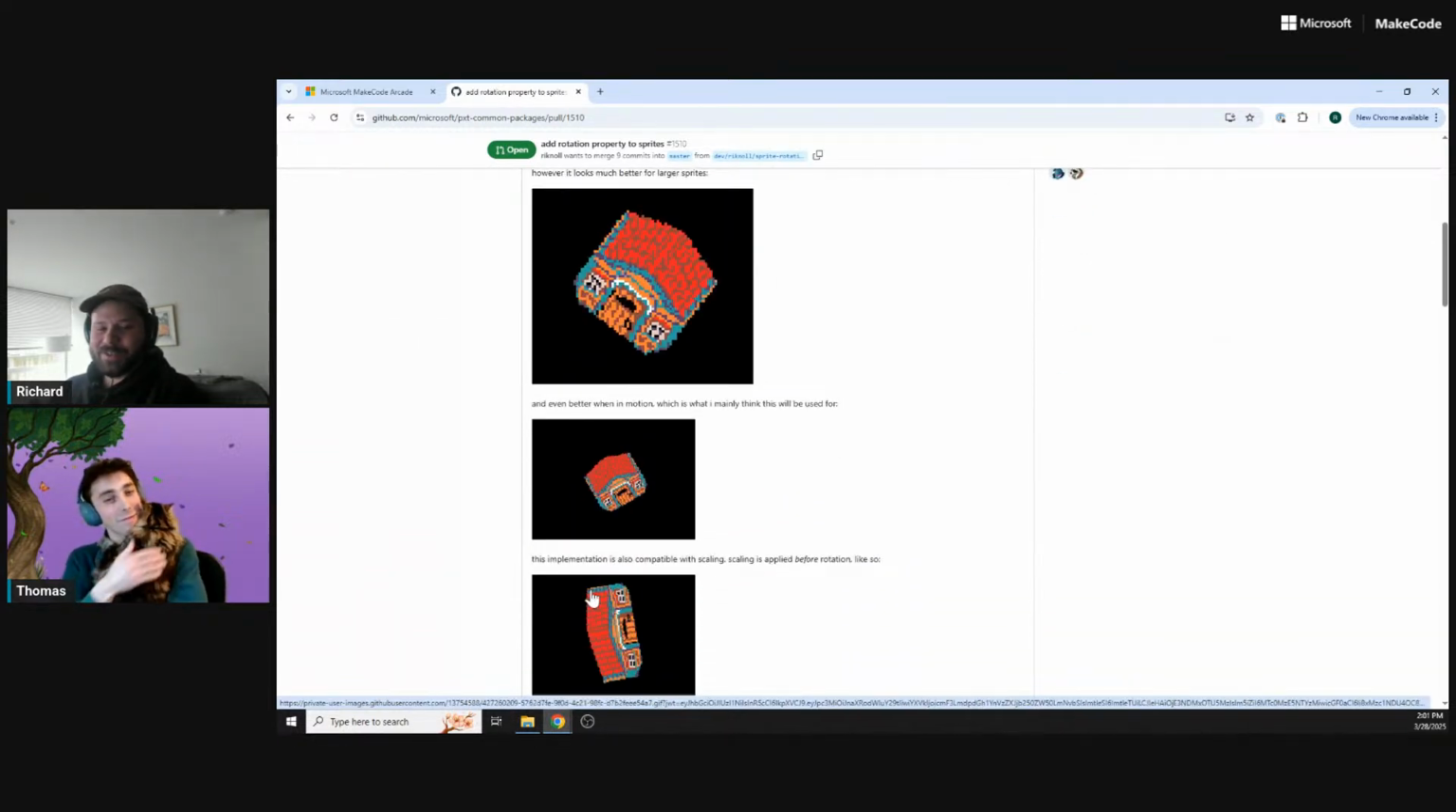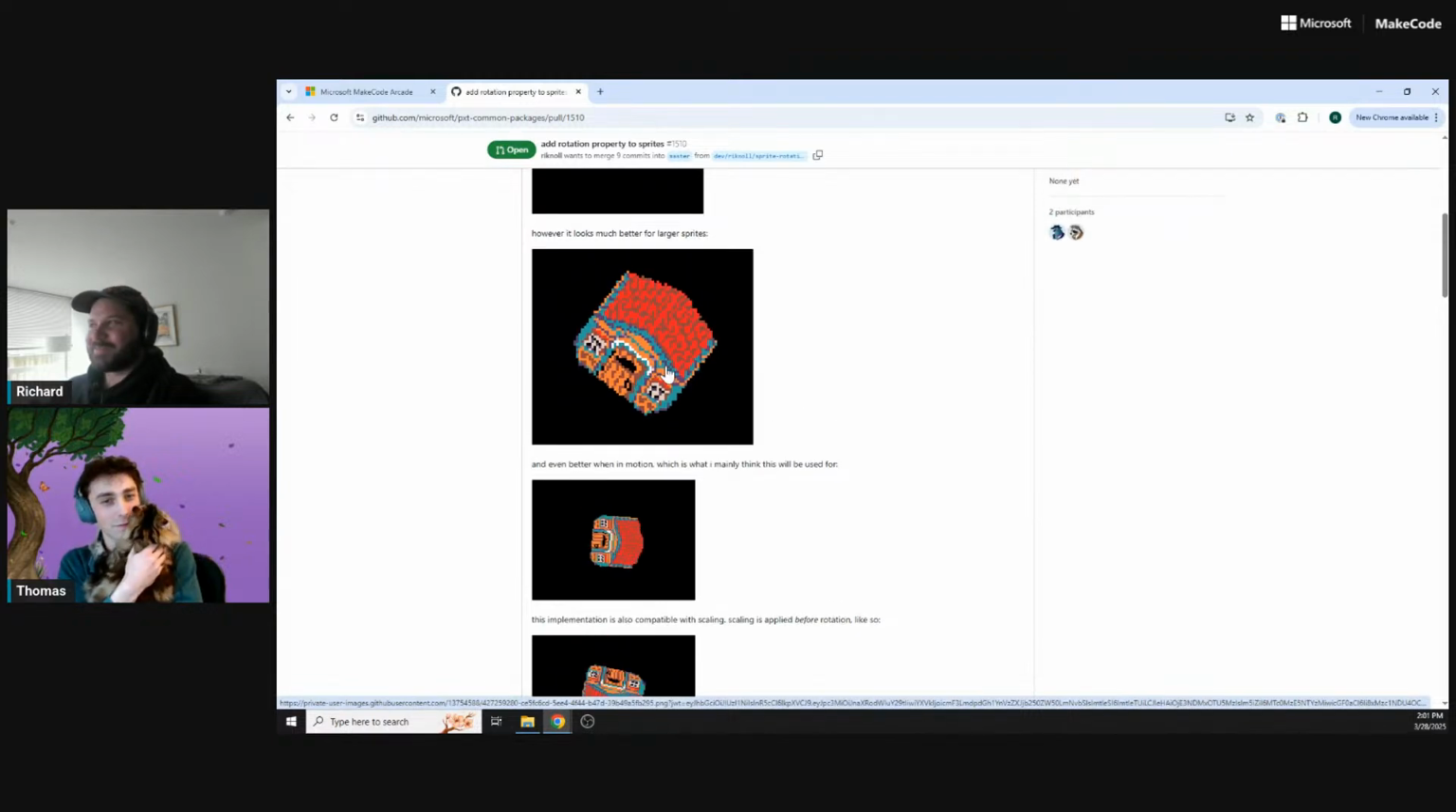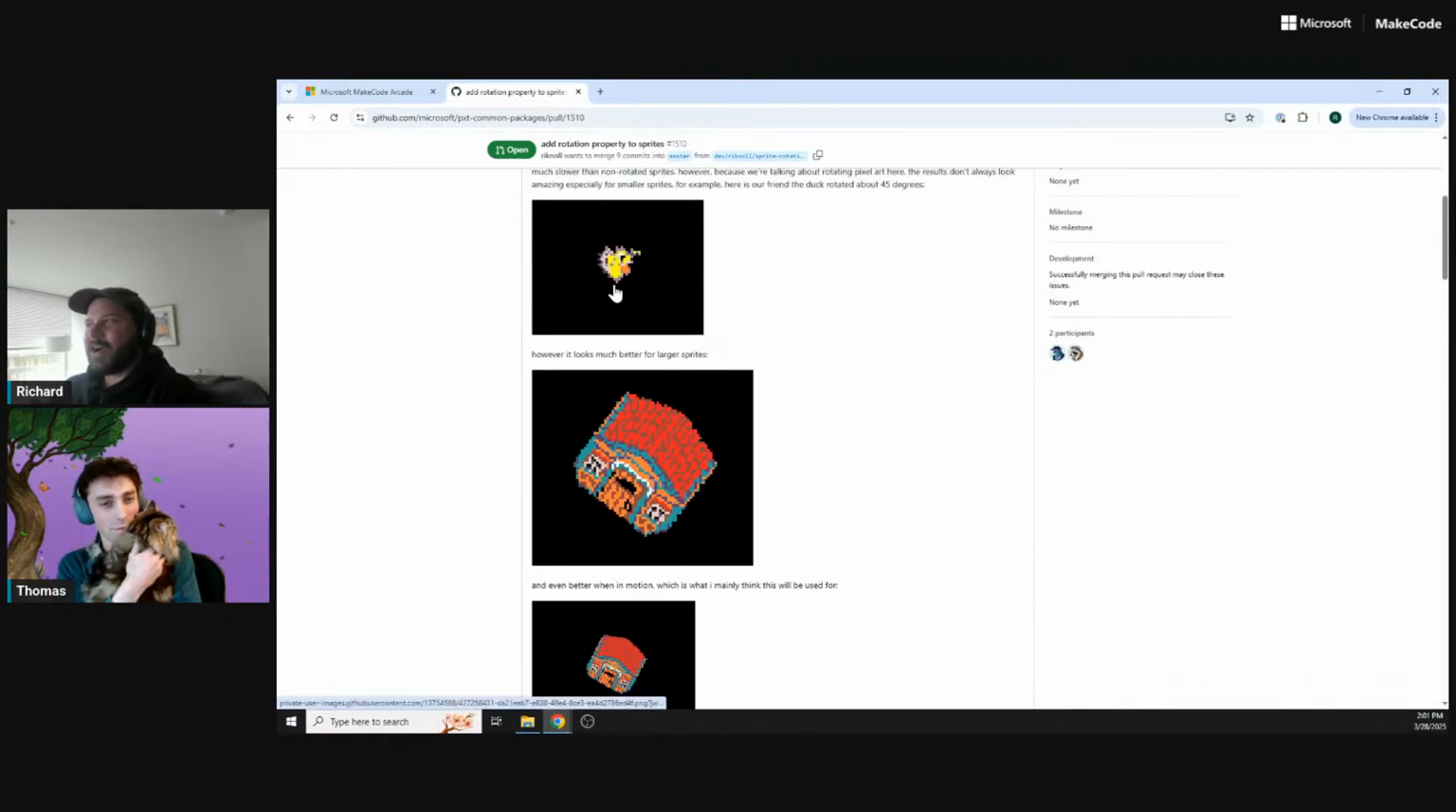So it's really good for doing fun effects and stuff, like the things spinning around, and you can combine it with scaling to do some really fun effects. And it looks pretty good with big sprites, but there are ways to get better